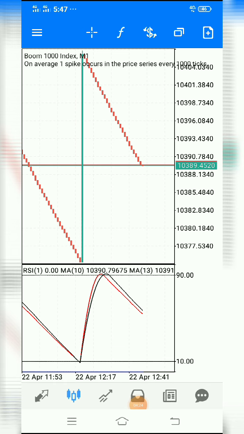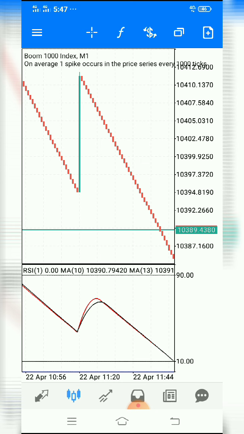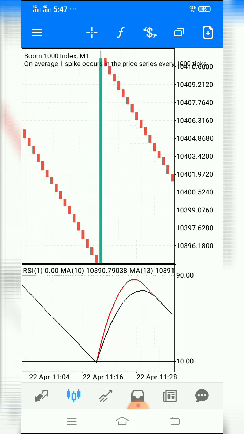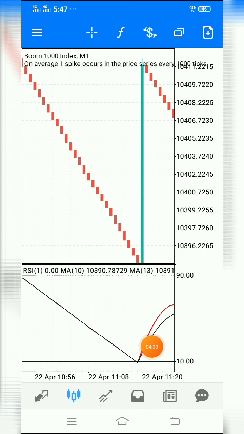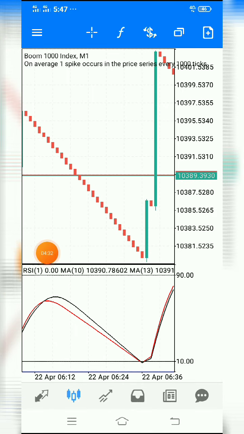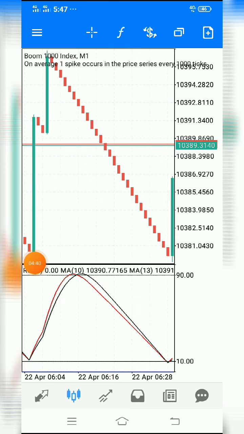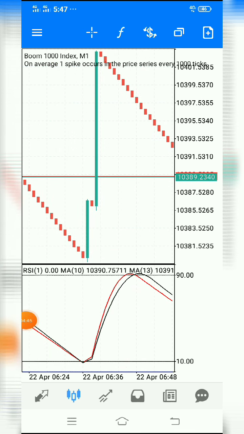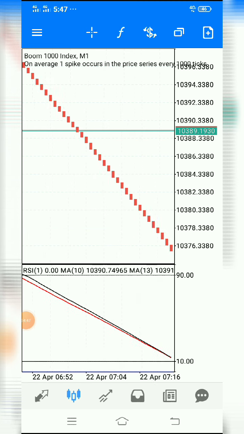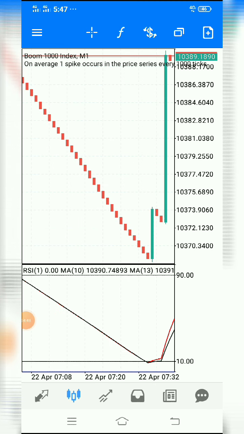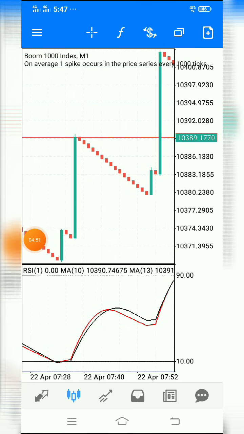And if you still want to watch, you have to zoom out like that, and you can see here a spike came, and we have to go back. Now you just focus on this black and red line, okay? Now you can see this touch here and a spike comes. Now again, you can see this touch and a spike comes again.